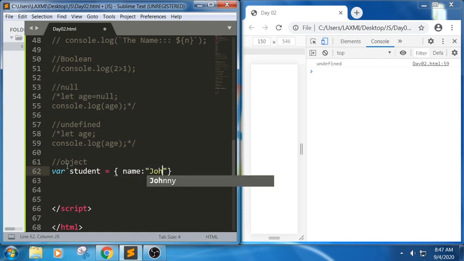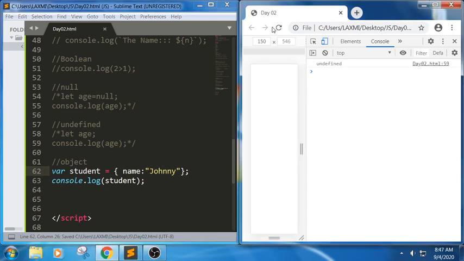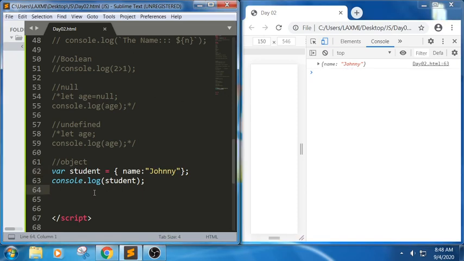For example, Johnny. So what does it mean? The object is student, key is name, and the value is Johnny here. Let us see the output. You got Johnny. Can you see? By default it is of type object. It will store the value in the form of a key and value pair.